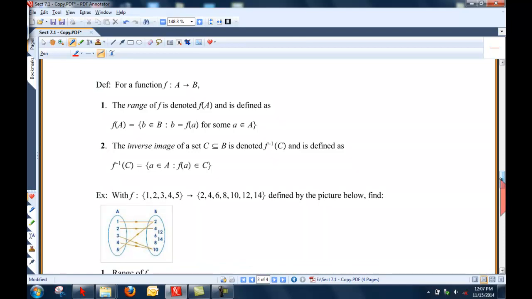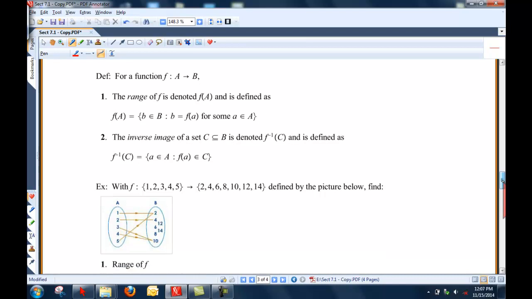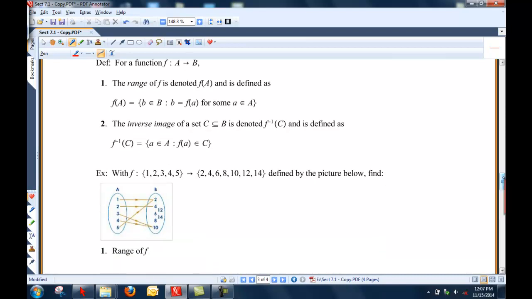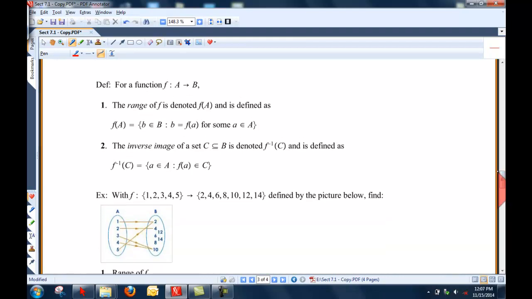Okay, let's look at one more topic here. I'm sure you've heard the term range before. In fact, you probably heard the term range long before you heard the term codomain. So let's approach this with a couple of pictures again. Here's a function from A to B by the rule f. And reading this carefully, the range of f, where f is a function from A to B, is denoted by